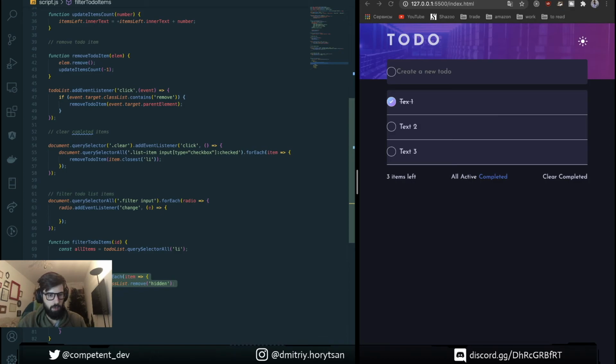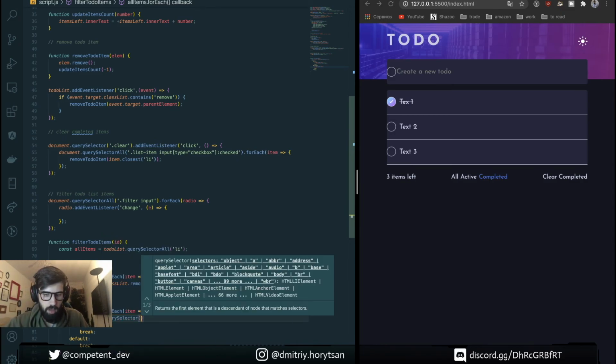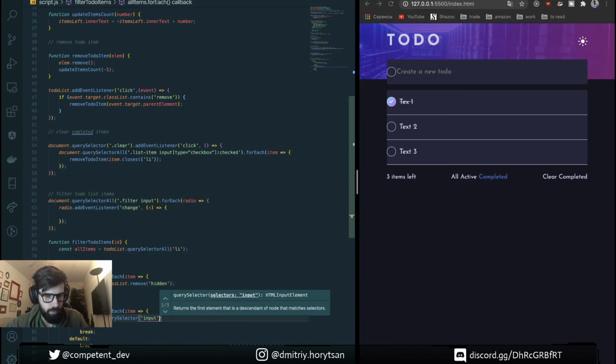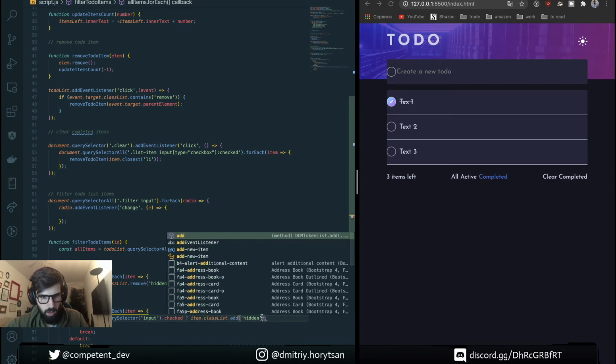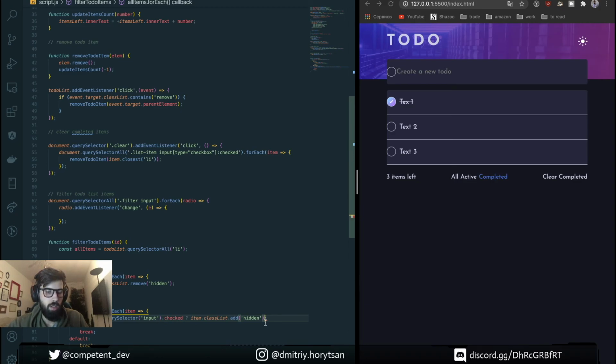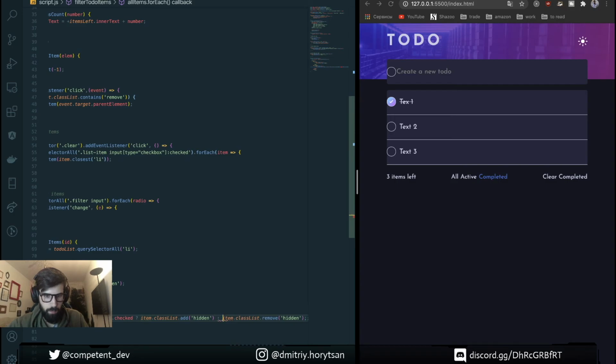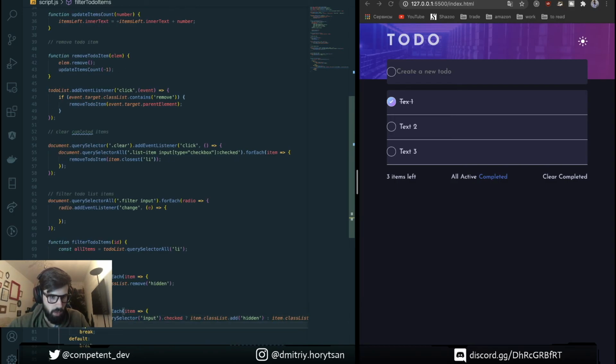So okay, if it's active, we also have here for each, and if we need to find checkbox item query selector input checked, then we're going to add class hidden, or remove class hidden, and almost the same for completed, but vice versa.